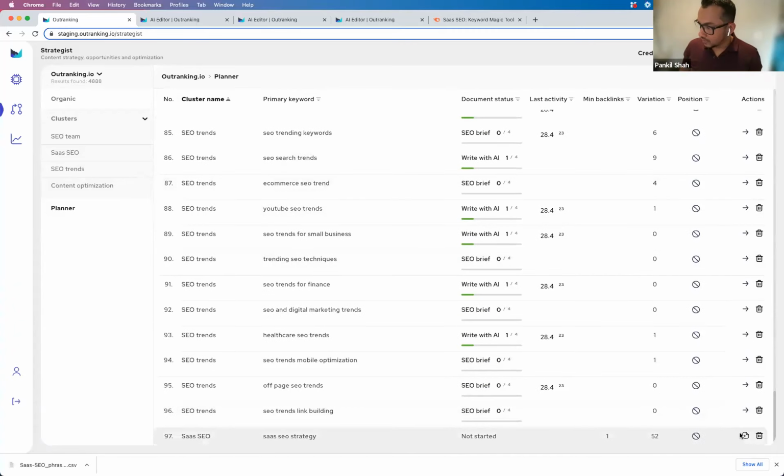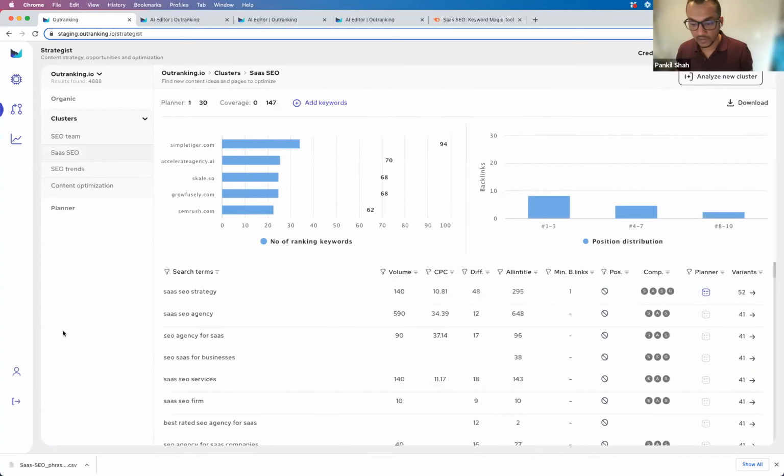SaaS SEO, when you click on create new document, now it will take those 52 keywords along with doing another semantic search of whatever happens in the documents, combine those 2 keyword sets and present to you for optimization when you are in the editor. That way, you get everything that you're going after, but with the primary objective of ranking faster by finding that gap. And that is what we did with SEO SaaS and picking that first keyword.